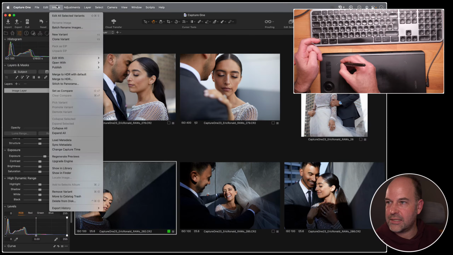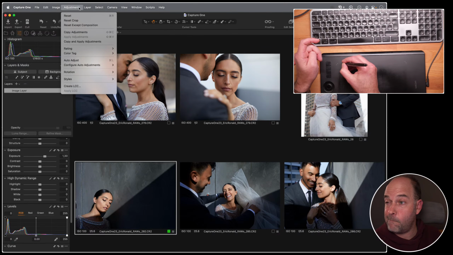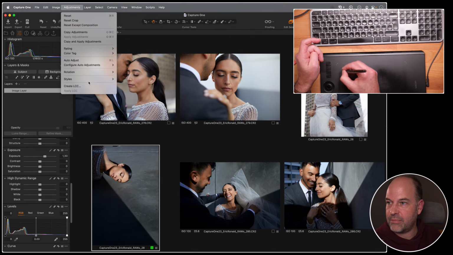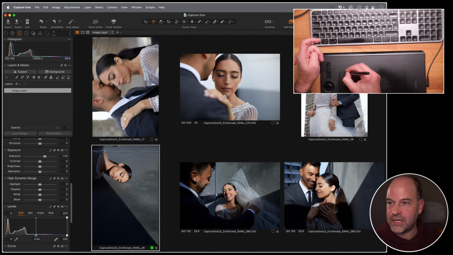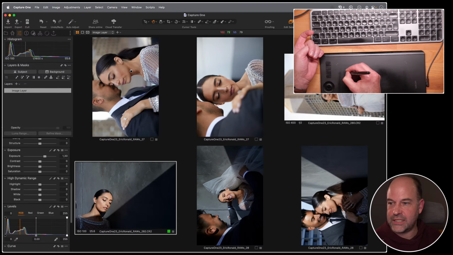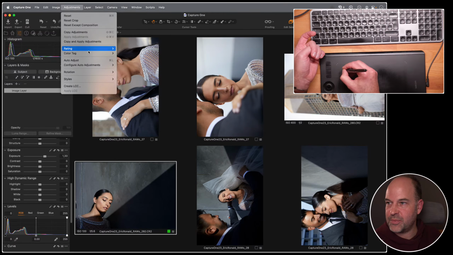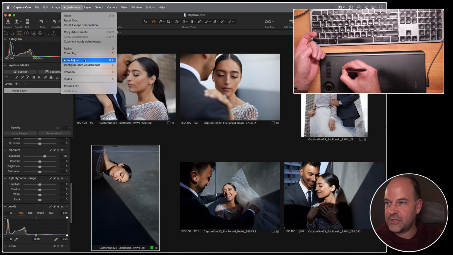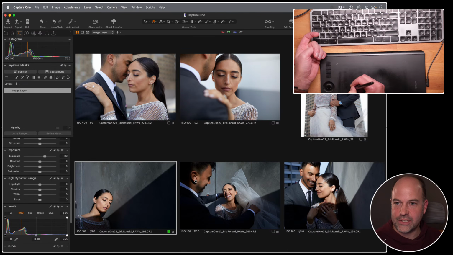It also relates to things like, where is it? If I say rotate right, then it will only do the one if this is turned off. If I turn this all on, and I'm going to completely mess up my rotation now and say rotate left, everything's going to get rotated. So let's go adjustments, rotate right, turn this off, this one's highlighted, adjustments, obviously you would do this with the shortcut, Shift Command L, rotate left like so.